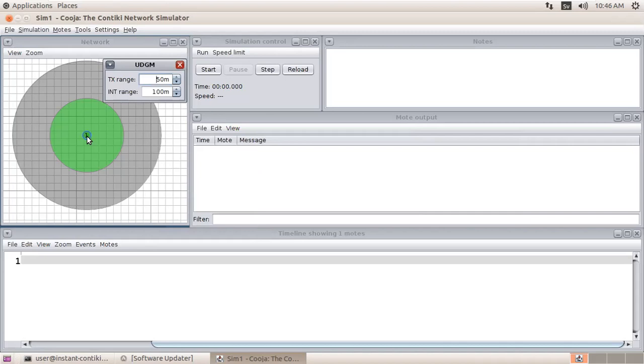Click on this mote, and then you have to click the right button of the mouse, and after that it is going to ask you, for the radio medium UDGM, we want to have a transmission range of 50 meters, but the interference range, which is very large, I'm just setting the interference range to 0, right?